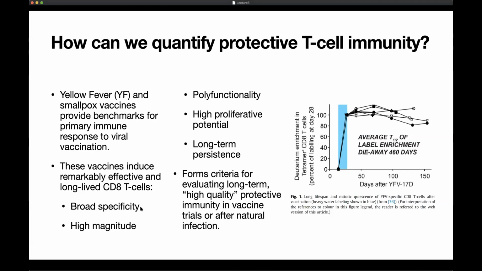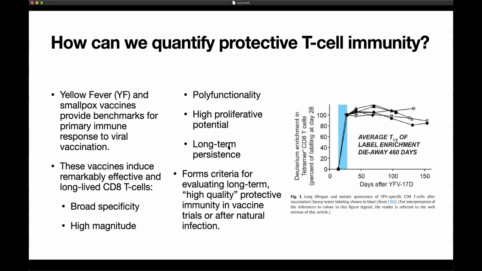They have broad specificity, so they target multiple parts of the genome, high levels, and polyfunctionality, which in this case means that these are T cells that do all kinds of things that they have to do. They're involved in cytokine production and signaling, helping, and cell killing. Hyperproliferative potential means that, if necessary, these cells can be recruited and make many copies of themselves very quickly,